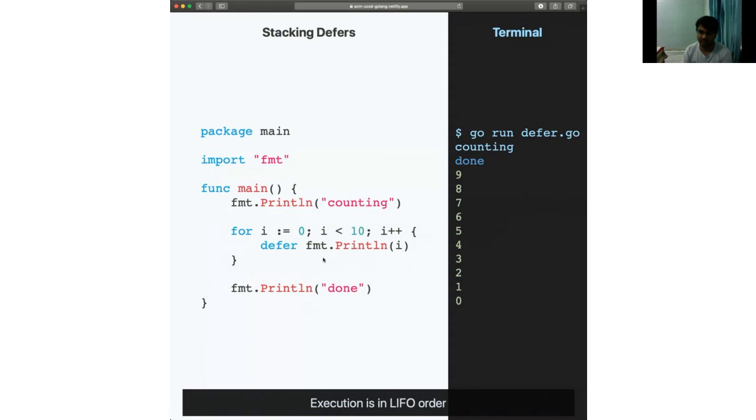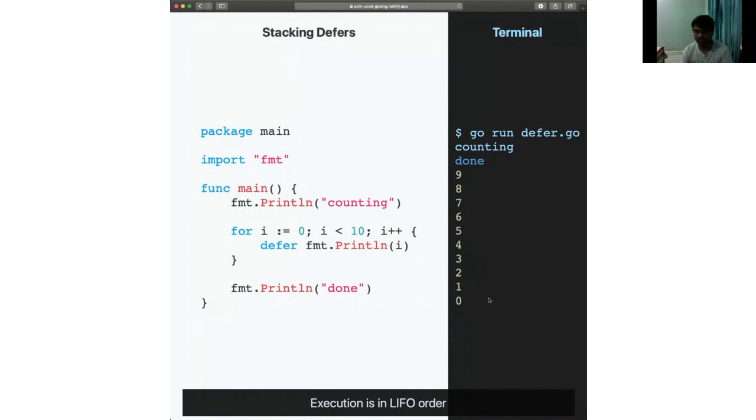If you have something more complicated, like if you iterate from 0 to 10, and then in each iteration you defer a print execution, then you print done. So done gets printed first, and then after that you print 987654321.